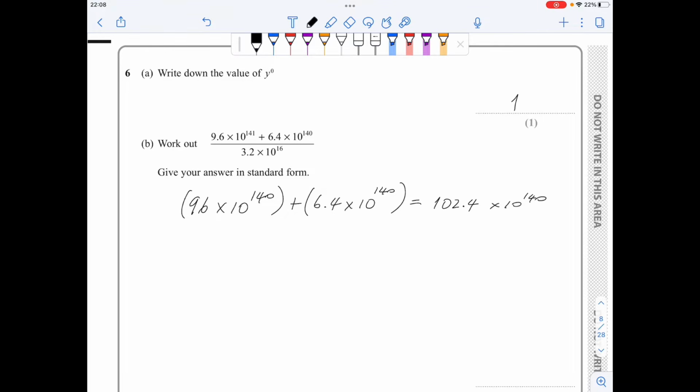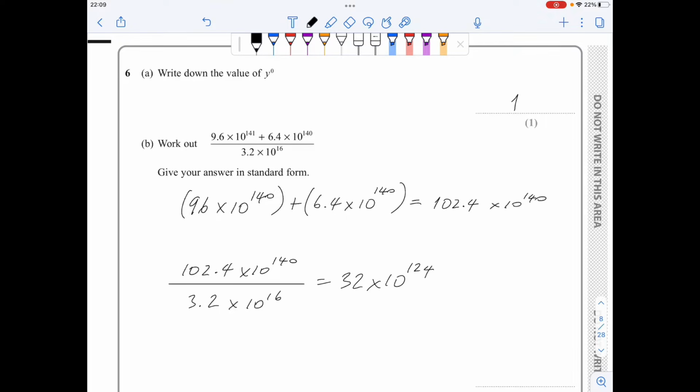So now I have 102.4 times 10 to the 140 over 3.2 times 10 to the 16. Now this division will give me 32. And then I have times 10, and the power is 140 minus 16, which is